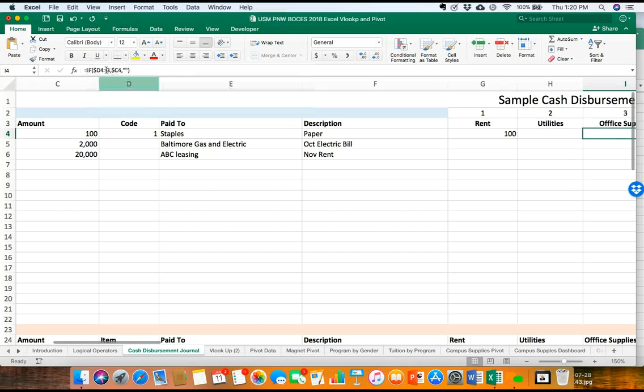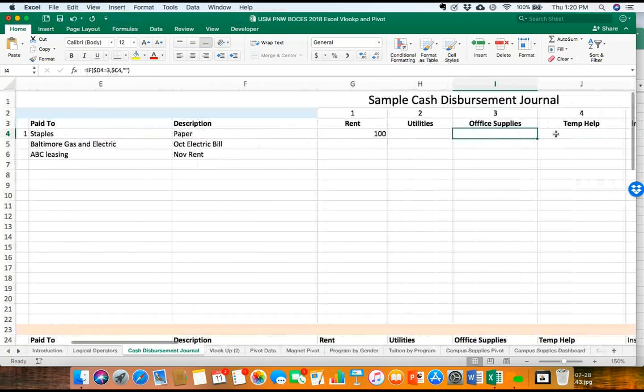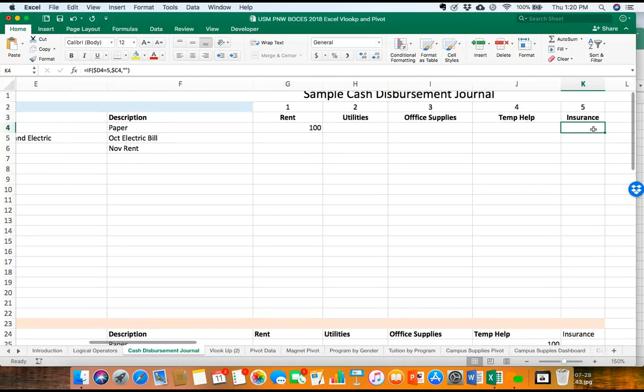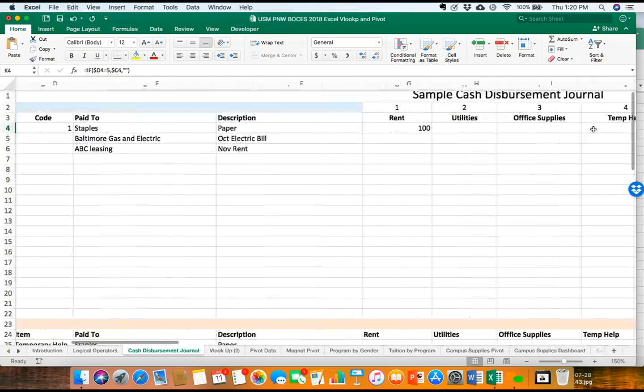Here it says, is it a 3? Here it says, is it a 4? Here it says, is it a 5? So while there's a little bit of debugging to do just to make sure you don't make any mistakes, and